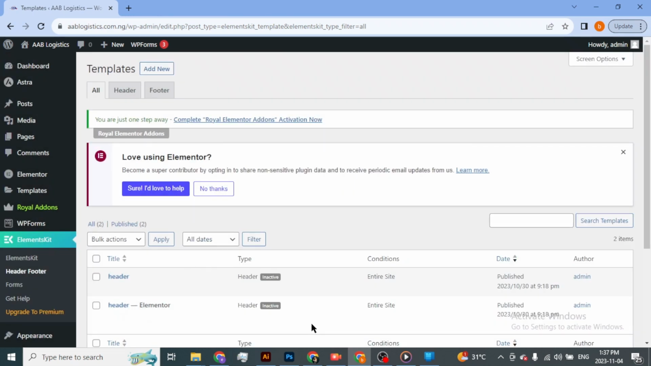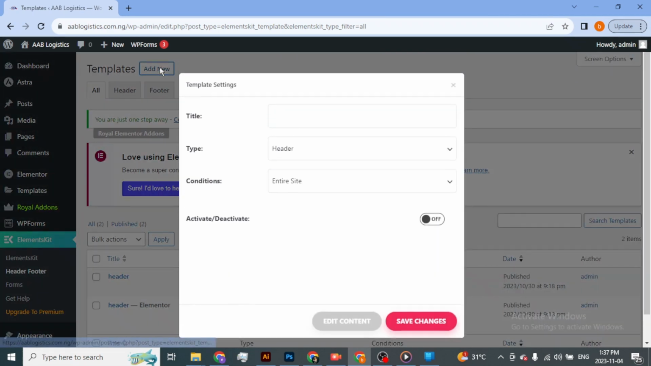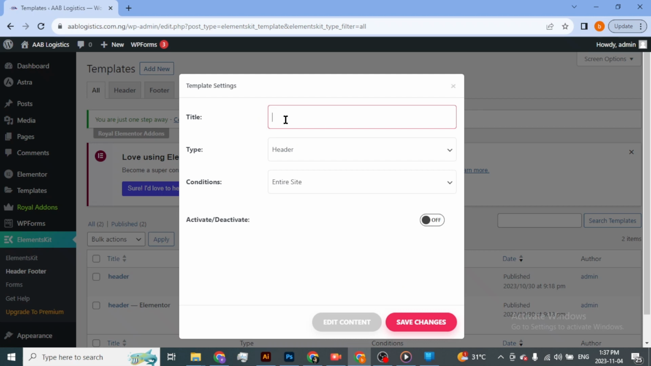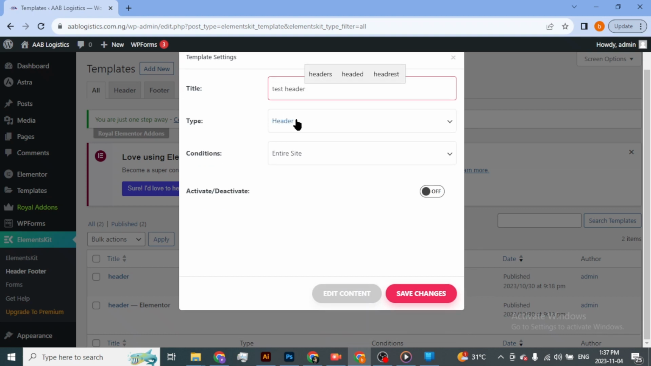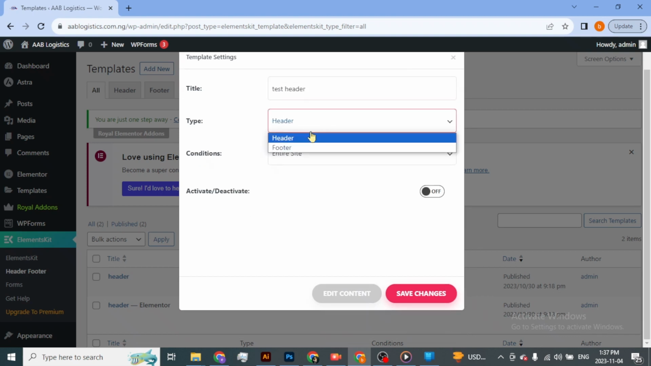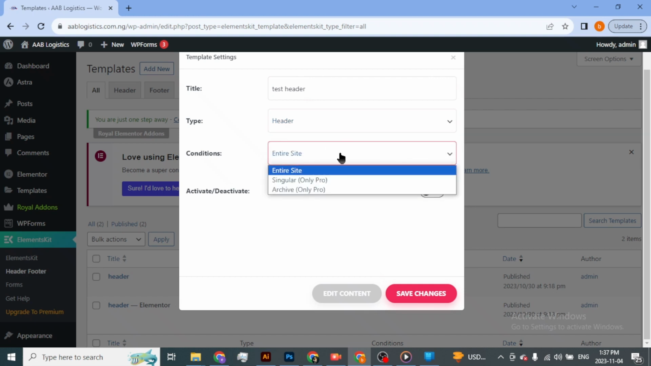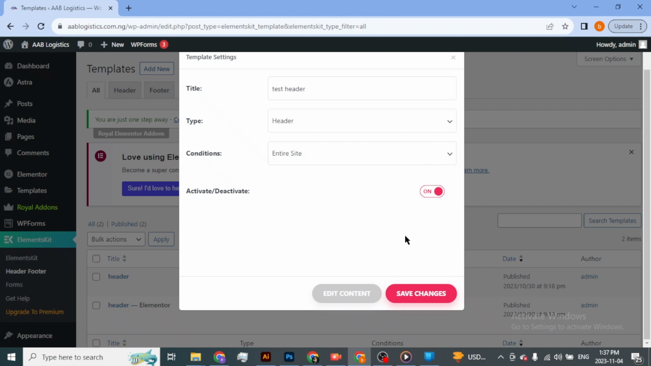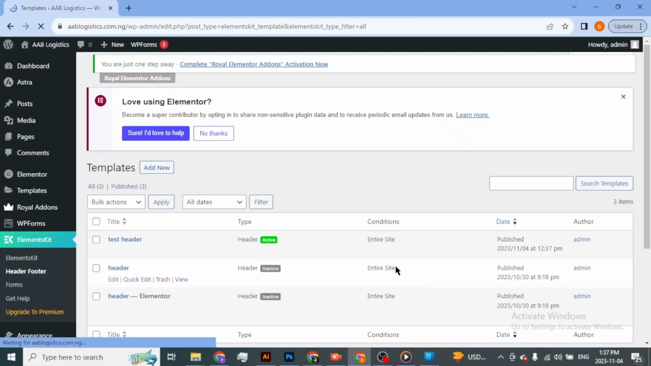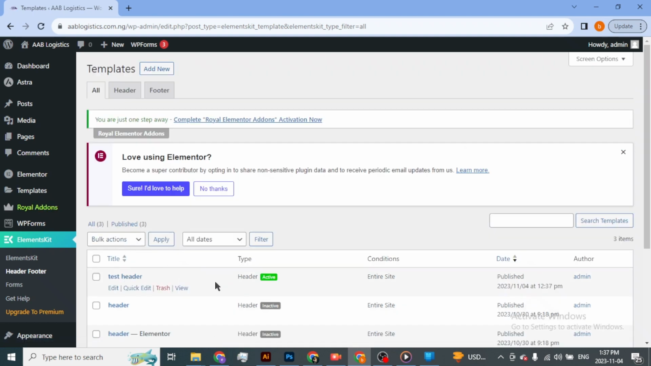Alright, I can now go ahead and create a fresh one for this tutorial. So give it a title. Let me just call it test header. Yes, I want it to be a header, not a footer. Where do you want it to appear? For the entire site. Here, and turn on the activate. Click on save changes. After you've done clicking on save changes, you will see it has appeared here